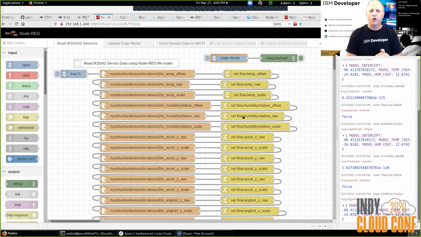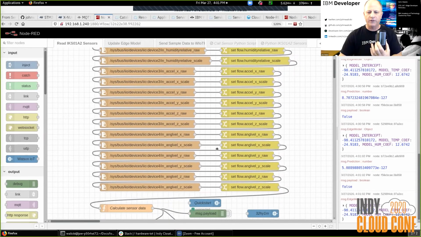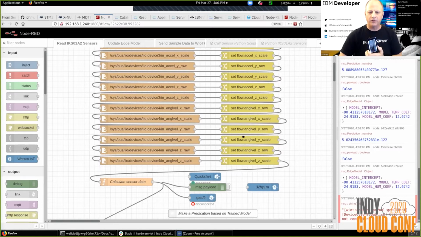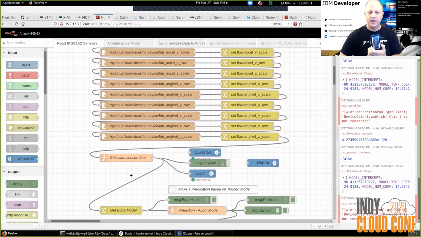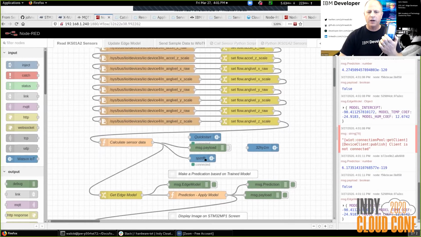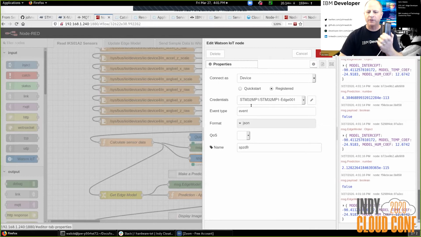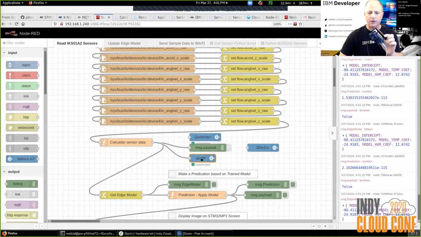So I wrote a program that goes and queries our sensors. I read out a proc, all of the sensor readings. I format that into a JSON object, and I'm going to transmit that up to the IBM Cloud with a device type and a device ID and a secret token. All right, so let's go take a look at that, because now you see that I'm sending data to the cloud, and you can kind of see as I shake the thing, I'm sending some temperature, humidity, accelerometer, gyroscope data up to the cloud. Let's put that down for a moment, and we will talk about the cloud offerings,